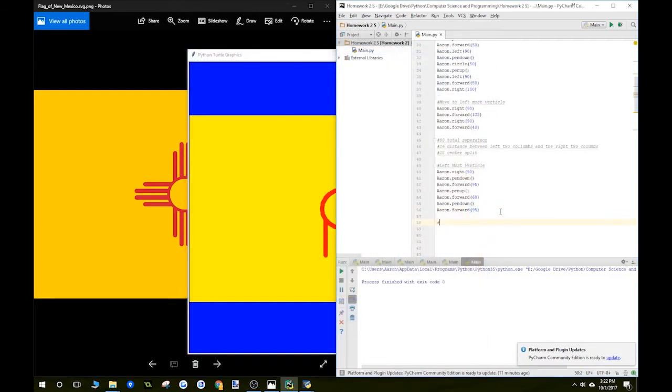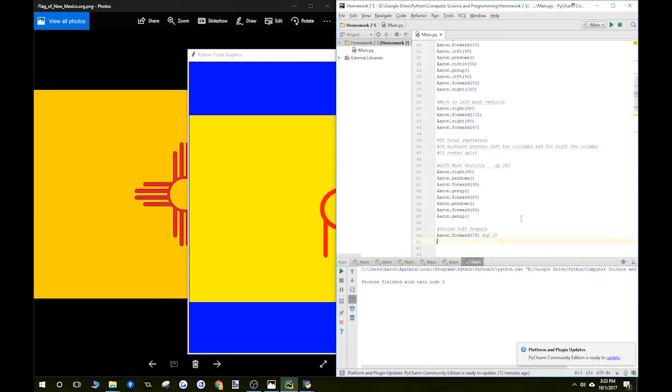So we're gonna do second left prepare, and we need, first of all, Aaron dot pen up. Then we'll do Aaron dot forward 25. If you remember, I made it 125, so to get to the max 150, I need to go up 25 more. So 25. This is up 125, so that's 250. Anyways,